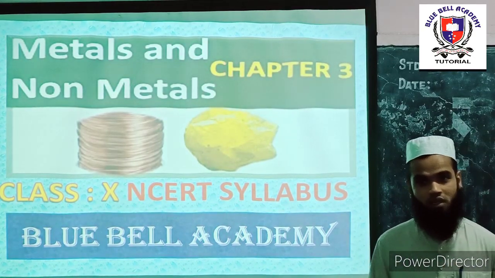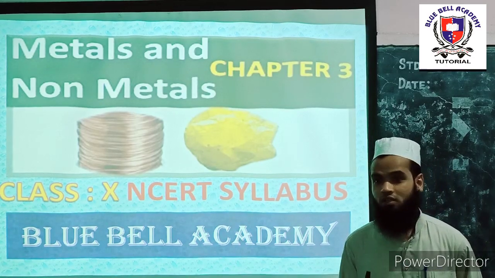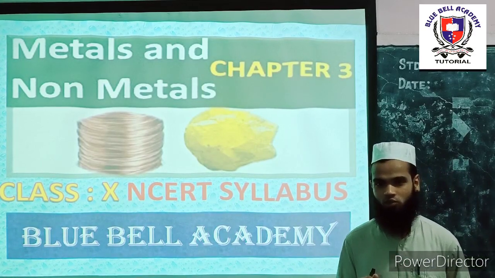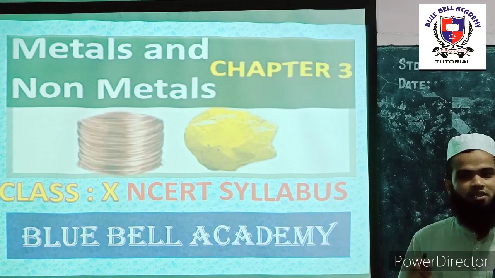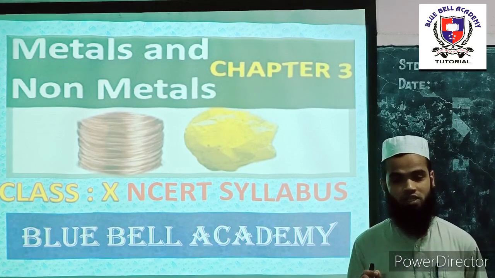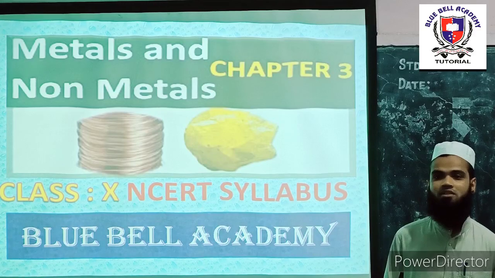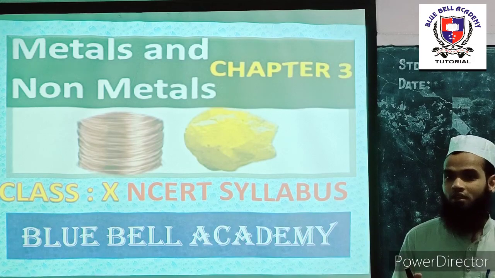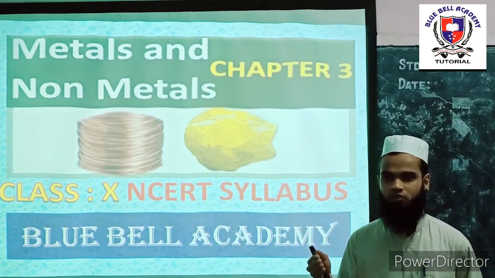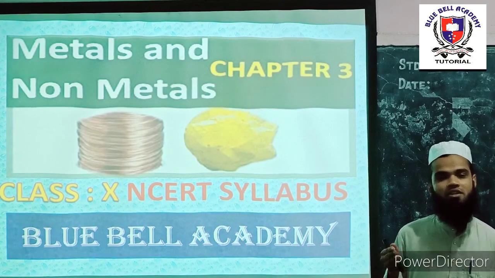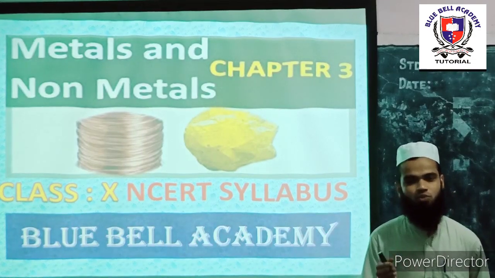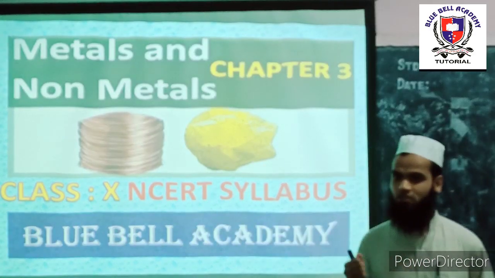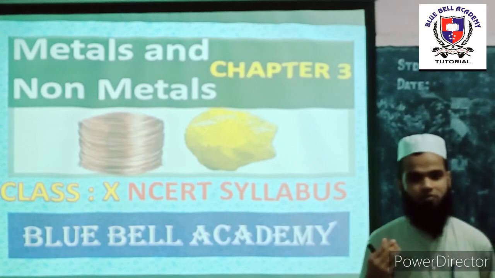For example, if you write the electronic configuration of sodium, it will be 2, 8, 1. You are getting 1 electron in the outermost shell. In the same manner, the electronic configuration of magnesium will be 2, 8, 2, and aluminium also 2, 8, 3. So here, as you write the electronic configuration, you are getting in the outermost shell 1, 2, 3. Hence, metals are those which have 1, 2, 3